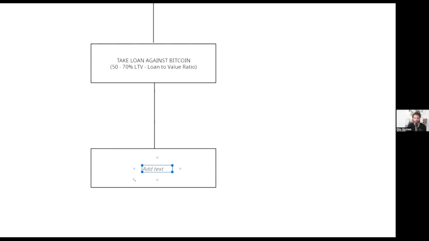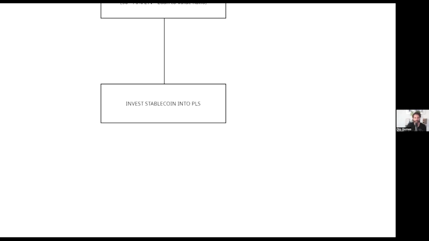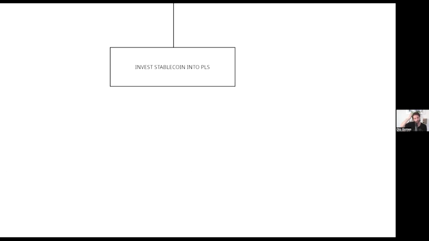Invest the stablecoin into PLS, because with PLS, I can take that PLS, which by the way, we're going to talk about that market here in a bit. I see that specific ecosystem by the end of this year, so I've done the research. This is an interesting piece of information. I think right now it's either a top 4 or top 5 volume market, in terms of the amount of volume and liquidity that's in the PLS ecosystem.